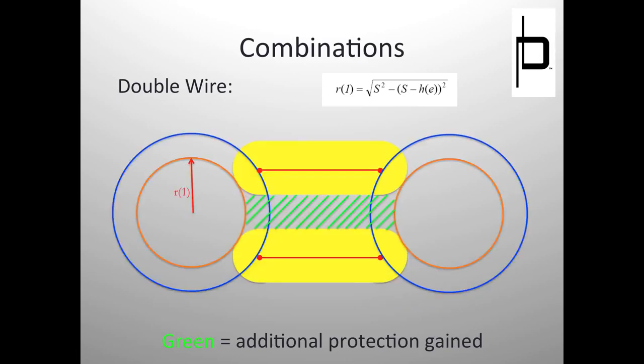Now, this is by far the most economical and the most popular way to protect a large substation. You basically, on your outside dead end structures, run a wire from your high voltage structure down to your low voltage structure, and you do it again from this high voltage structure down to this low voltage structure. And as long as those wires are a little bit less than the radius of the sphere,